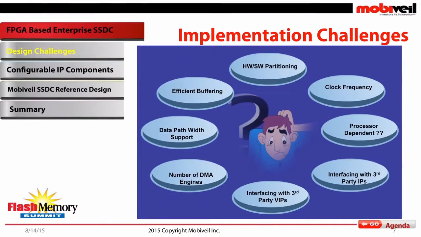Number of DMA engines. So this is again related to the performance, how many commands you want to have in flight, and each of the DMA channels is actually going to be managing one NVMe command at any given point in time. How you actually architect your flash side, how many channels you have, how many LUNs are there, you need to make sure that you can utilize the PCI Express bandwidth fully. So this is another thing, because each DMA engine, which is the context for the NVMe, is going to add hardware. So you need to make sure that there is flexibility in the design where you can add as many DMA engines as you want.